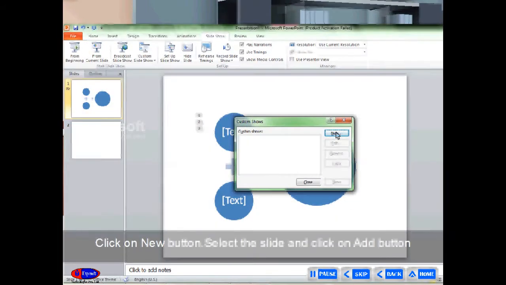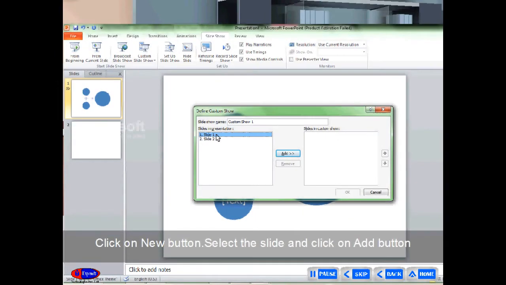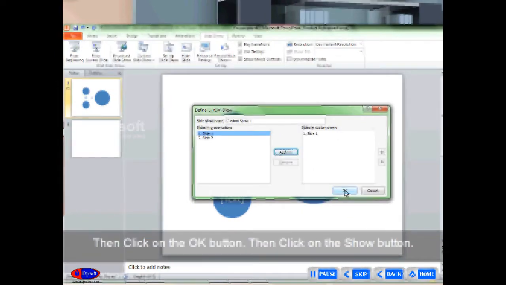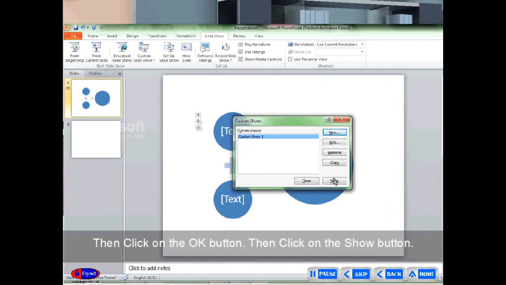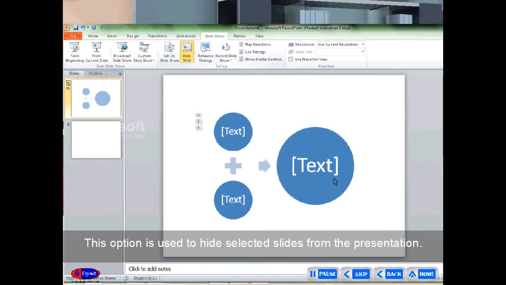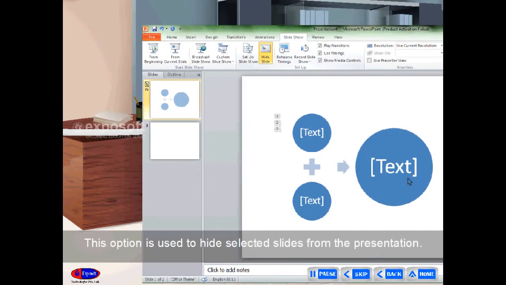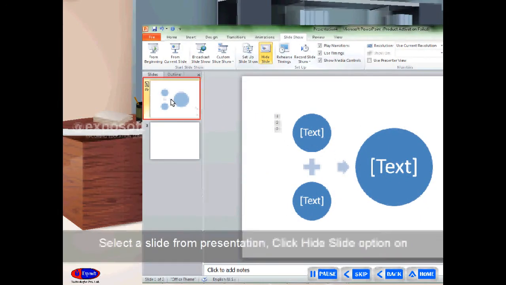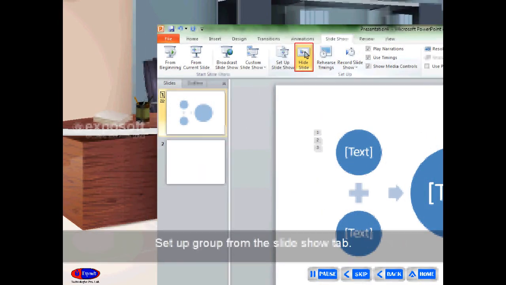Click on the New button. Select the slide and click on the Add button. Then click on the OK button. Then click on the Show button. Hide slide. This option is used to hide selected slides from the presentation. Select a slide from a presentation. Click the Hide Slide option in the Set Up group on the Slide Show tab.